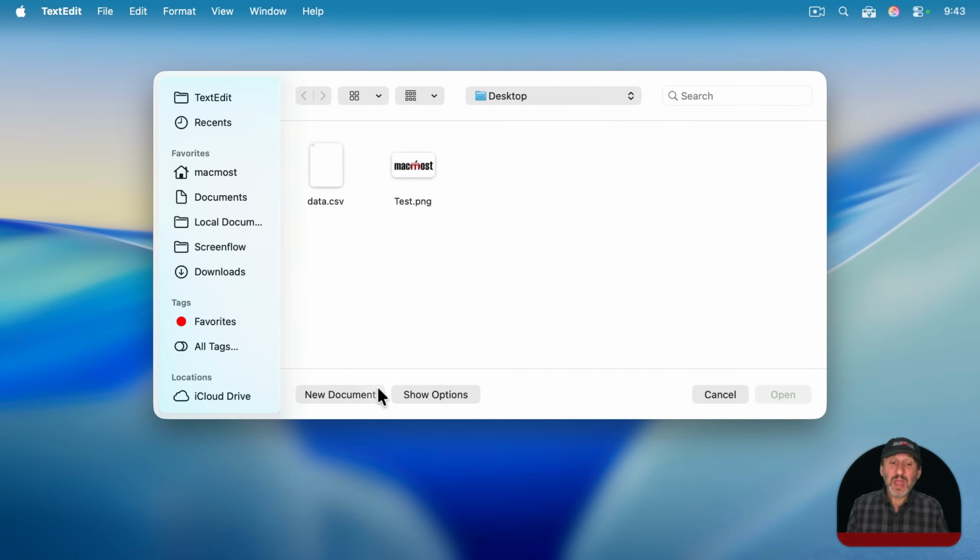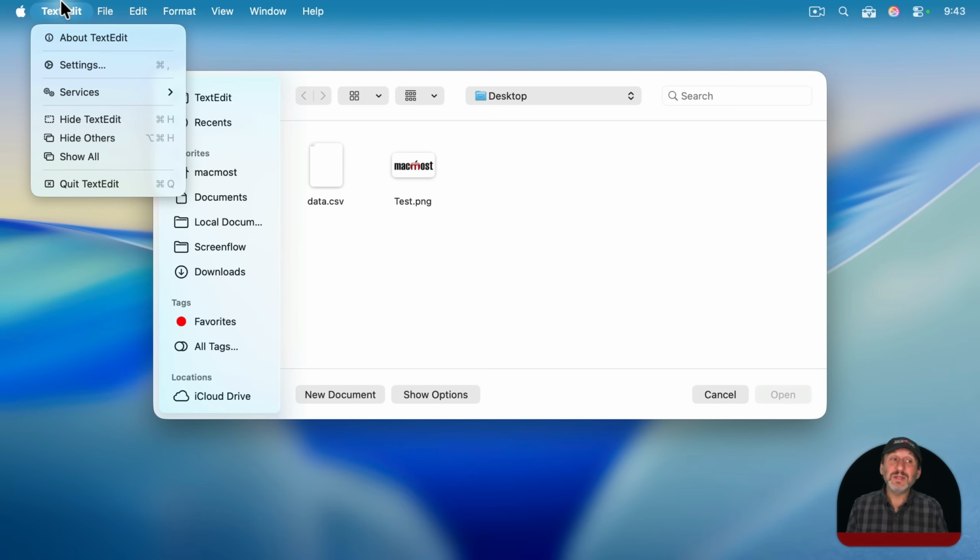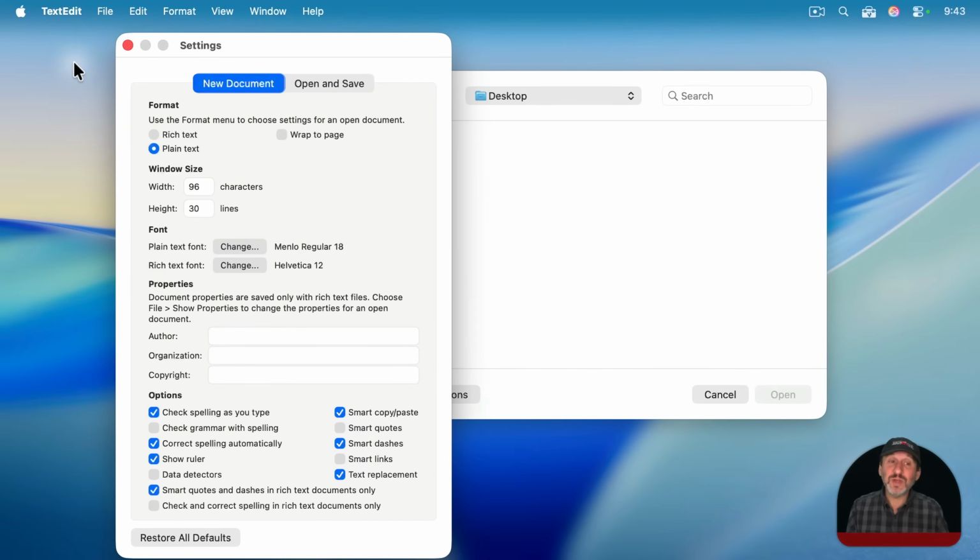Launch TextEdit, and you can create a text file when you create a new document. However, you may need to change a setting first. TextEdit actually handles 2 different types of files. It can do rich text or plain text. The default for TextEdit is to create rich text files, which can include styling, and there's some file overhead and everything. You can switch it here in settings to always create a plain text file when you make a new